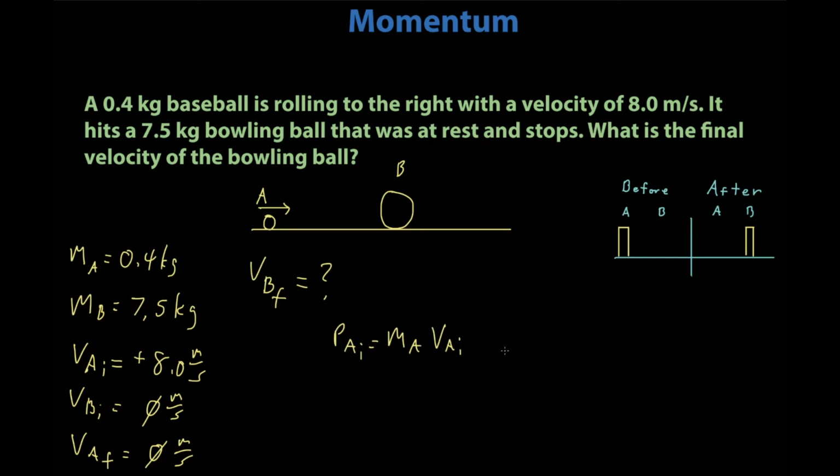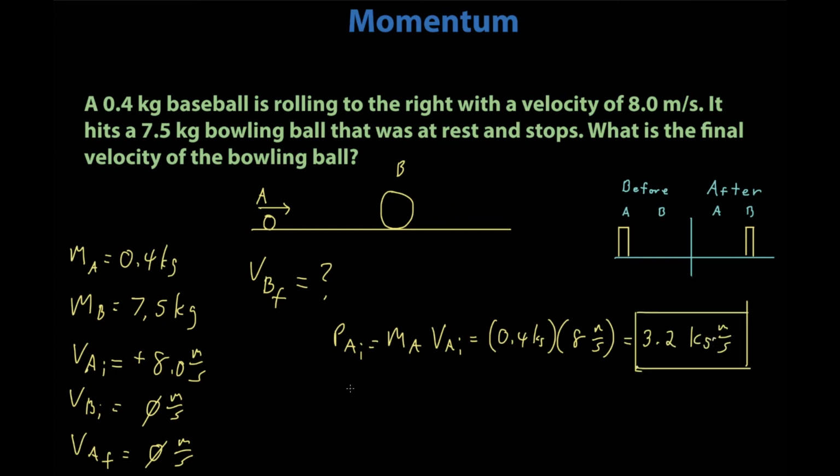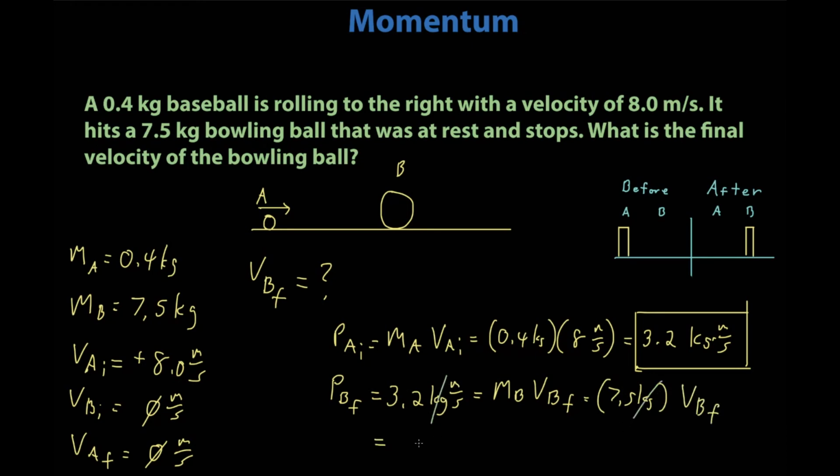So first, let's find the momentum of object A. Momentum object A initial is mass A times velocity A initial, which is 0.4 kilograms times 8 meters a second, which is 3.2 kilograms meters per second. So that means the momentum of B final, since the baseball comes to a stop, has to be 3.2 kilograms meters per second. And since the final momentum of mass B is going to be mass B times velocity B final, mass B is 7.5 kilograms, and velocity B final is my unknown. If I divide out the 7.5 kilograms, I will get an answer of